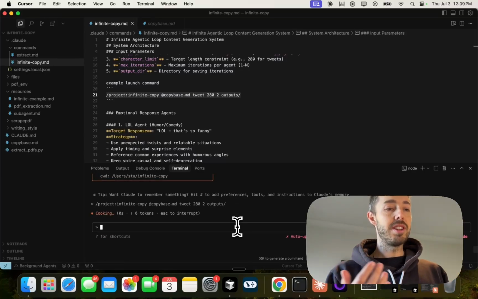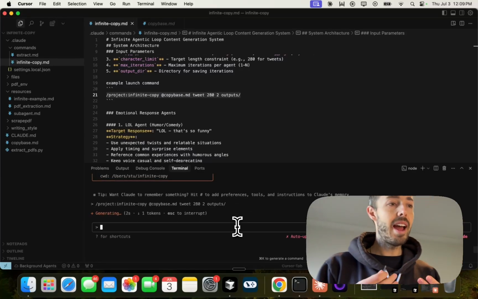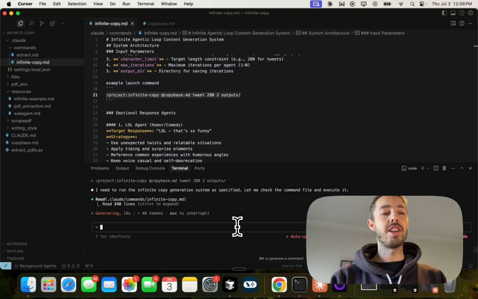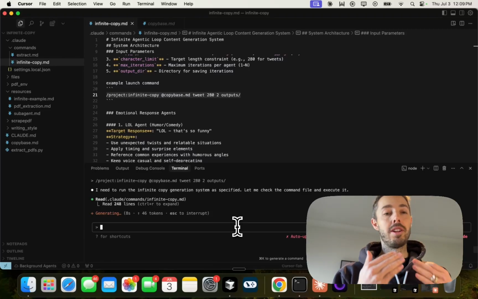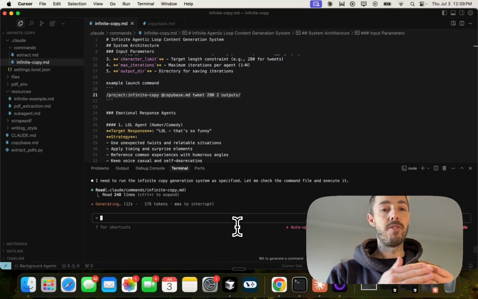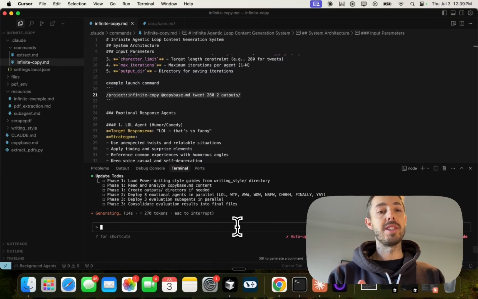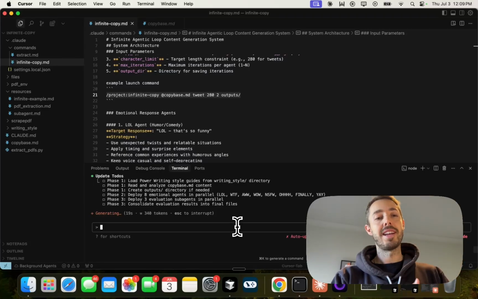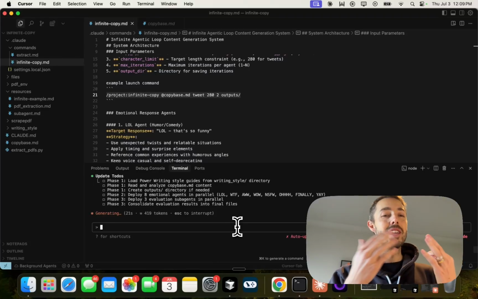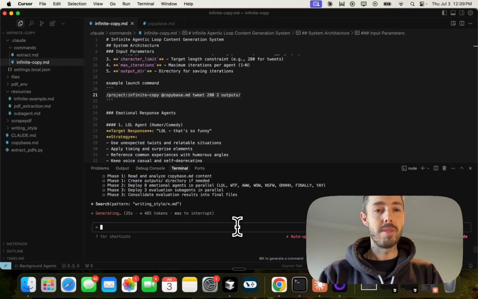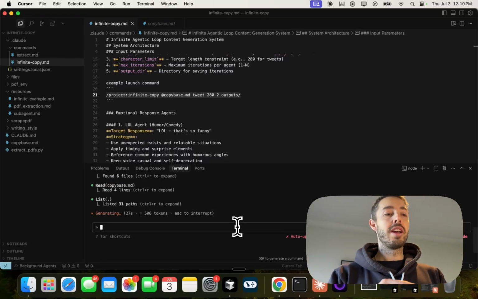So I'm going to start running this, and what's great here is that output folder is a really big separation for why I think this agentic approach is far superior to something like ChatGPT. With ChatGPT, you're going to have to copy and paste all of the outputs as they come through, and manipulate them in ChatGPT or a Google Doc.